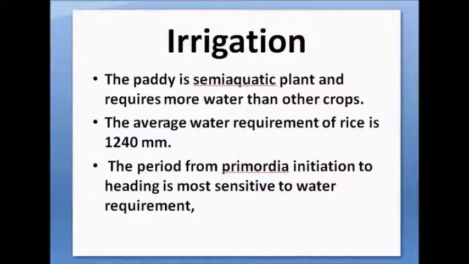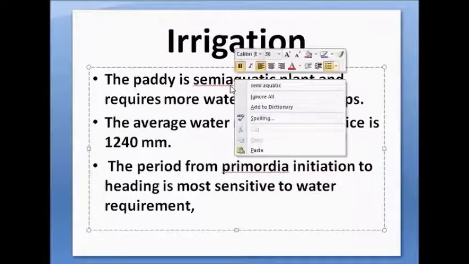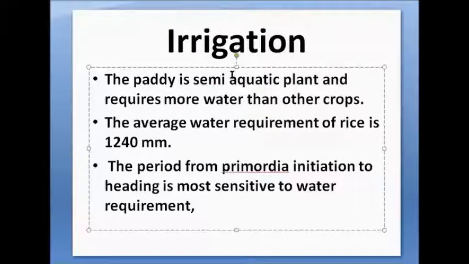Then irrigation. As we have studied during the last lecture, rice can be grown in all climatic conditions and all field conditions. It can be grown as dry rice, and irrigated rice also. So paddy or rice is a semi-aquatic plant. What is a semi-aquatic plant? Aquatic plants, we know, are the plants which grow entirely in water. Now, semi-aquatic plant means